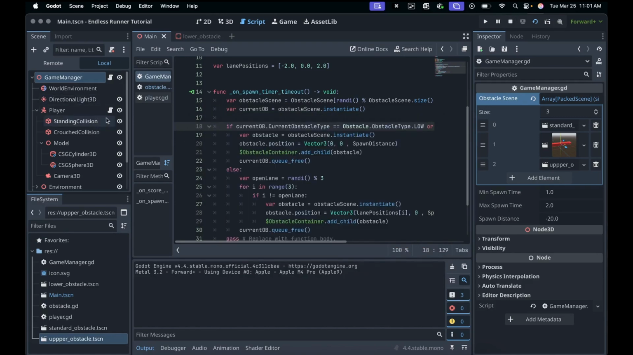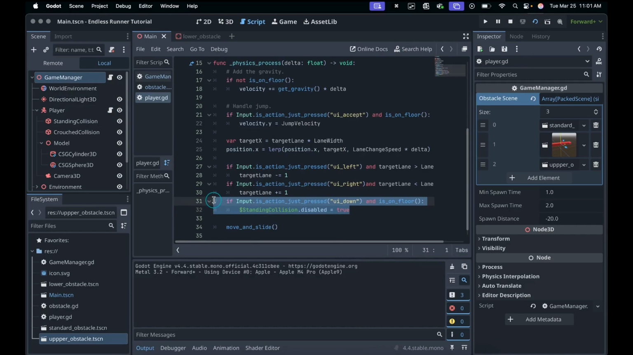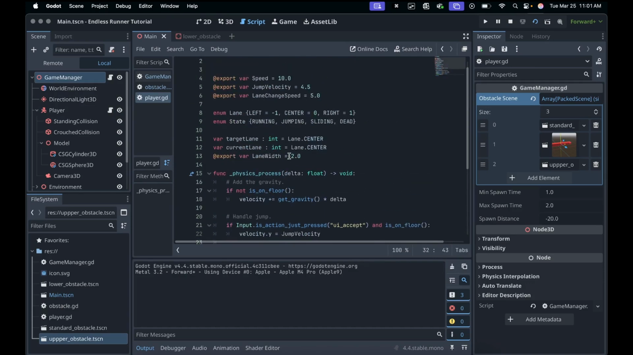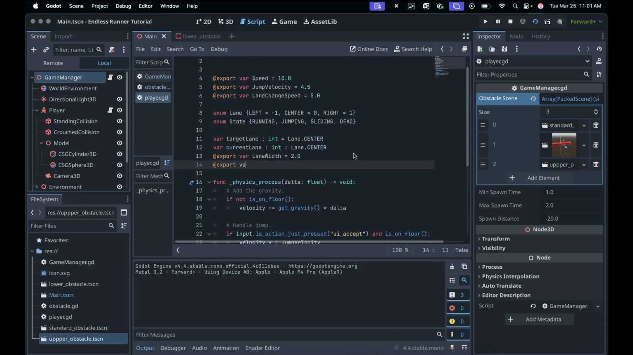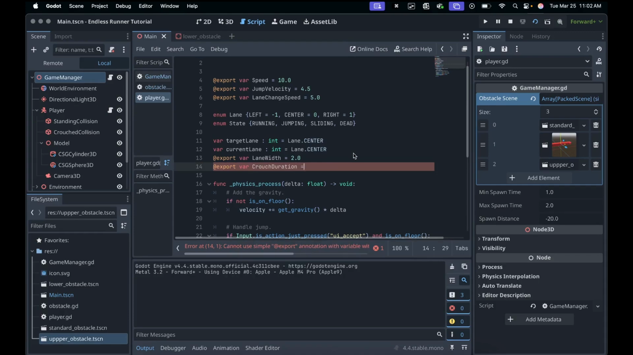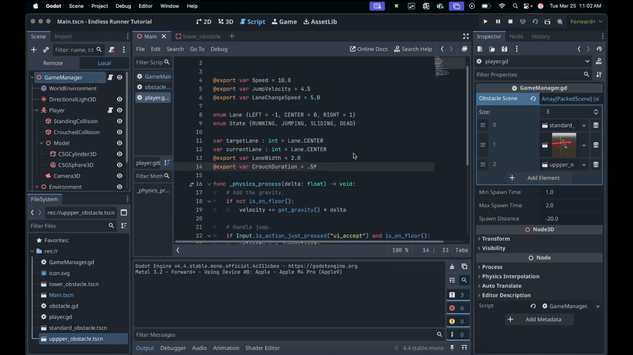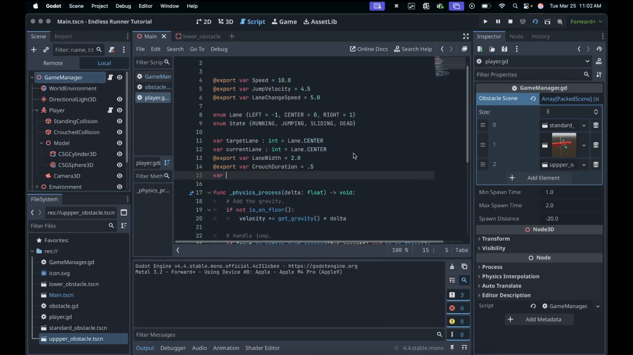So let's take a look at our code here. You can see we're setting this disabled equal to true, and then we are doing nothing after that point. So we need to basically reset it after some time. So let's come in here and do that. So we'll say @export var crouch duration, and we're going to make that equal to 0.5 F. We're going to do 0.5 seconds, which I forgot F is for C sharp. And then we'll say var current crouch duration, and we're going to make that equal to,